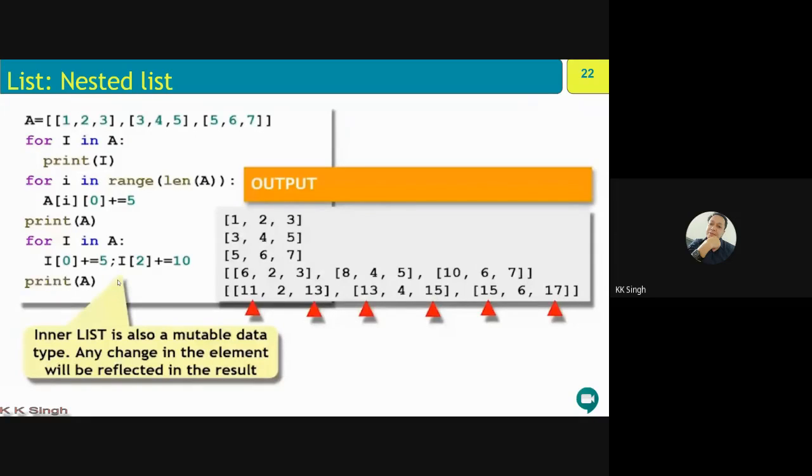So this is the example. So you can say inner list is also a mutable data type. Any change in the element will be reflected in the result, and it is seen here. Hope this is clear.